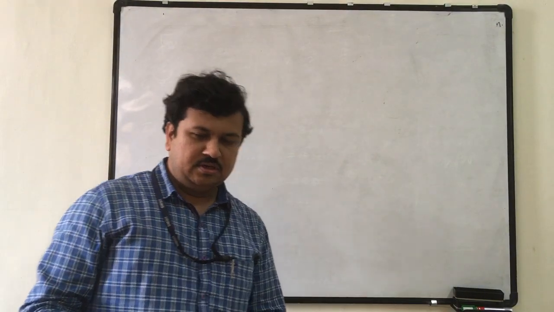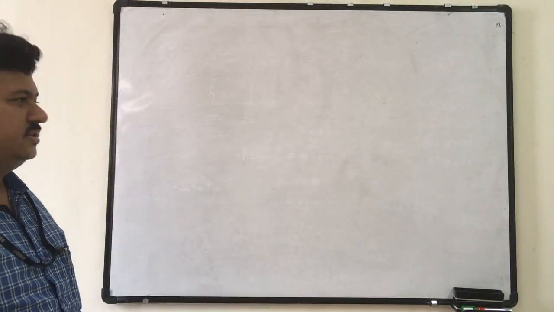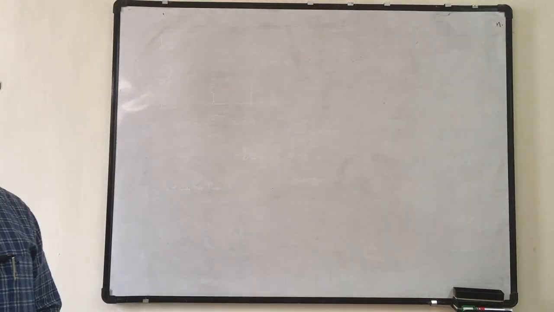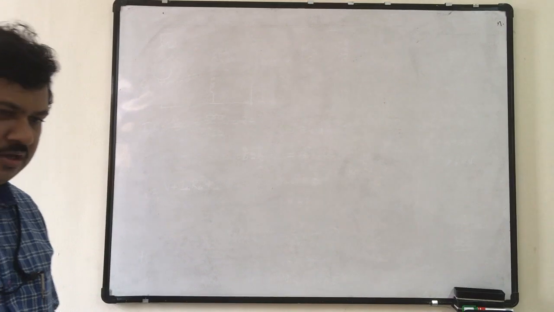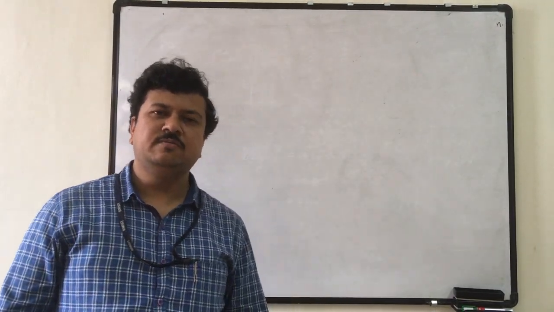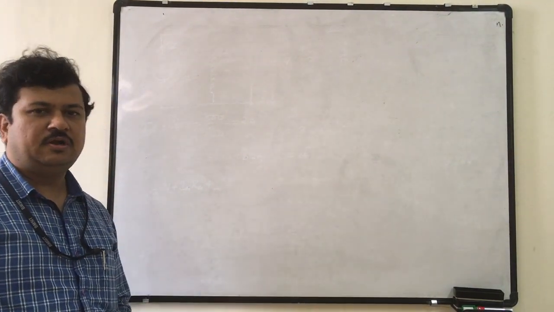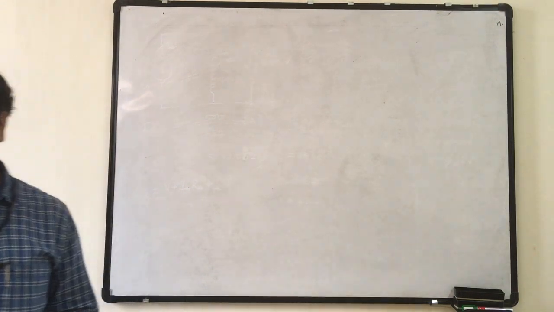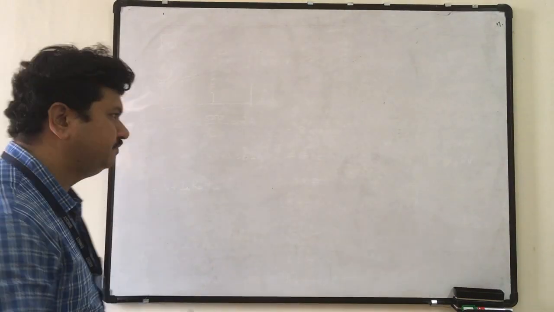Good morning, friends. So in the last class we have seen DC generators, examples of DC generators, construction of DC machine, and the principle of operation, how AC is converted to DC, what is the EMF equation, what are the voltage equations, and what are the types of DC machines we have. All these things we covered in the topic DC generators. So today we will be starting with DC motors.